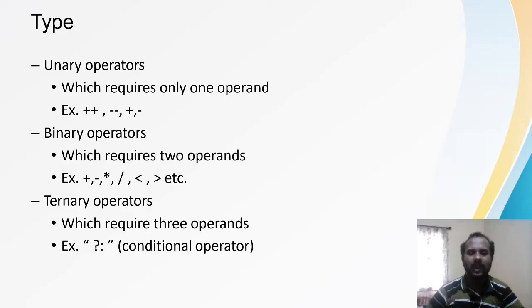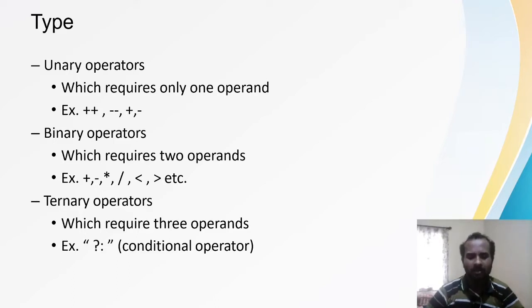Binary operators have two operands, for example when you are doing addition, subtraction, division, or comparing two elements. In the ternary operator, you are going to have three operands